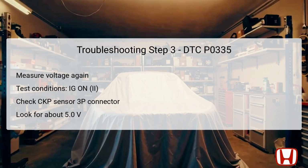At this point, measure the voltage between the CKP sensor 3P connector number 3, which is the blue wire, and a body ground. You are looking to confirm if there is approximately 5.0 volts present. If the voltage is present, it indicates that the connections are likely intact and directs you to the next troubleshooting step. If this condition does not hold, it may point to further issues that need addressing either in the sensor